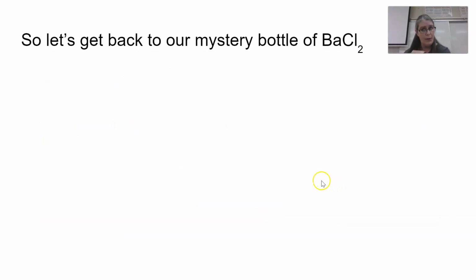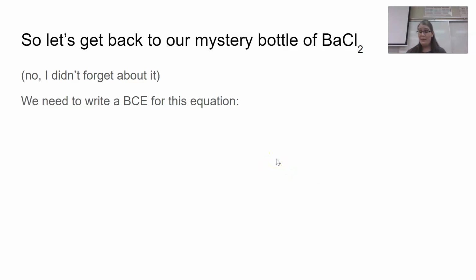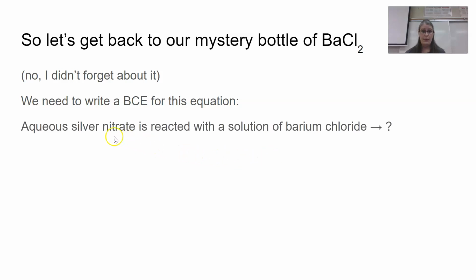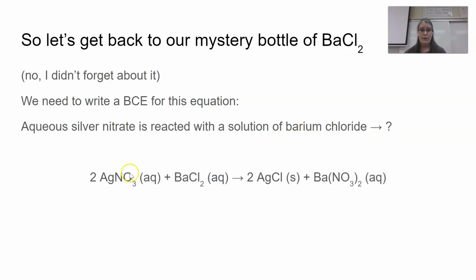Let's get back to that mystery bottle of barium chloride, because no, I have not forgotten about it. We need a BCE for this equation. So aqueous silver nitrate solution reacts with a solution of aqueous barium chloride. If we think about what would happen here, the silver would have to match up with the chloride ion,